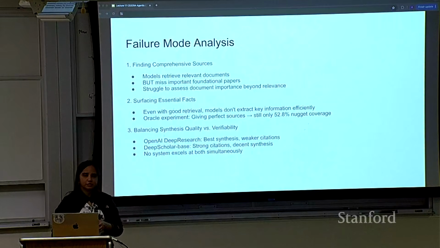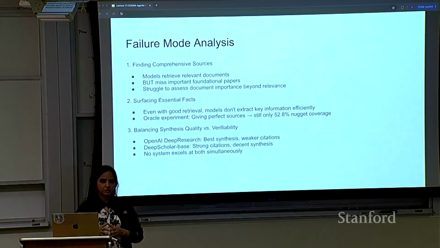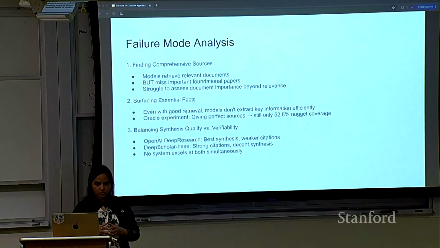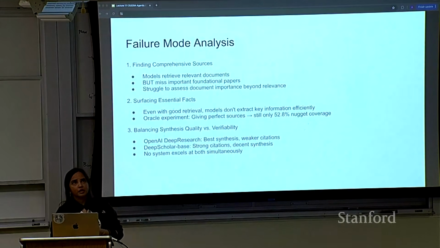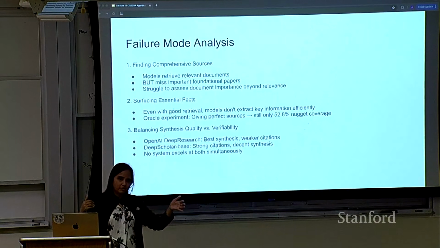I was wondering about the most foundational papers. So I guess for the benchmark, there's a list that's collected from human experts, right? These are the papers that the PhDs think the model can hit, and then you were trying to see how many were actually retrieved by the model being tested. Is that the idea? Yes, so there's the human aspect of here is the list of papers, but they're also looking at whether